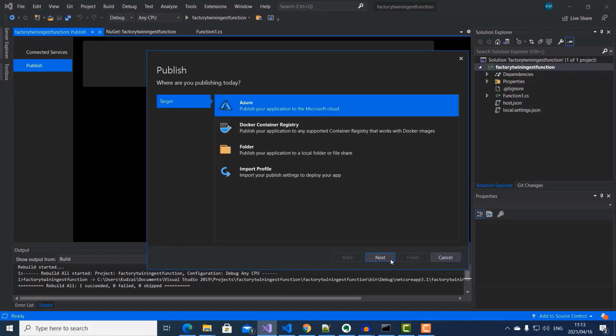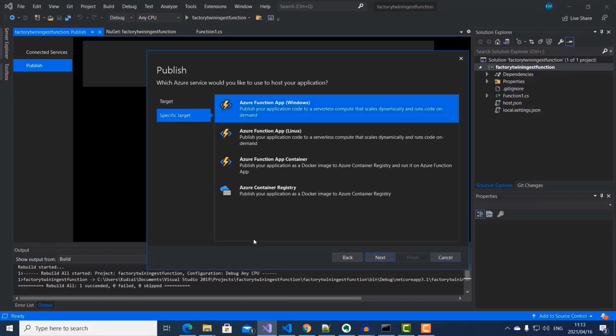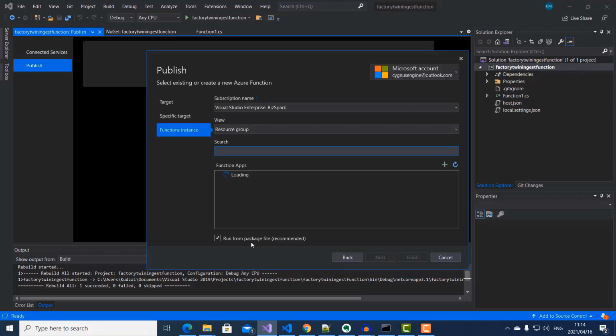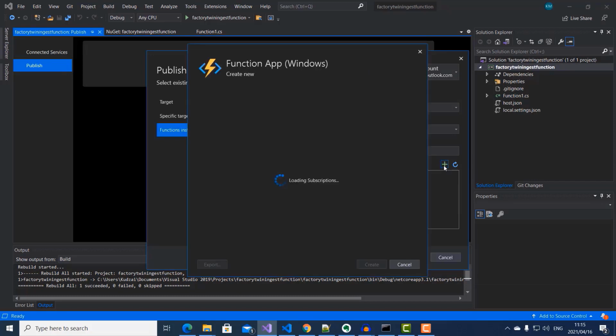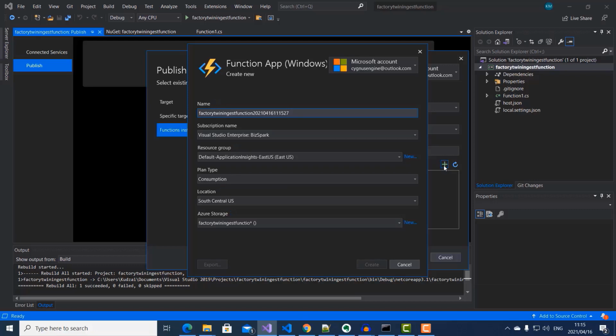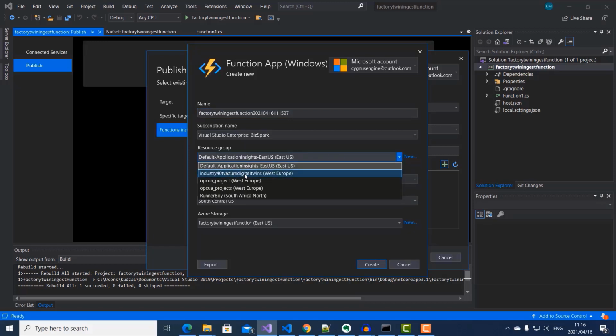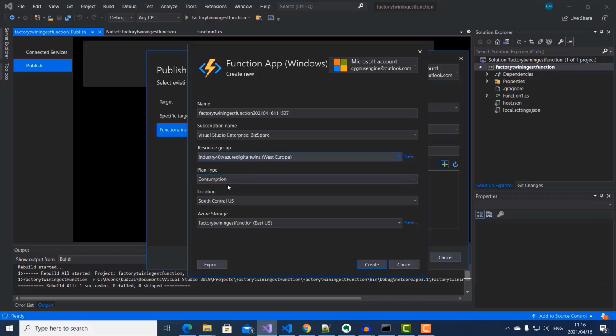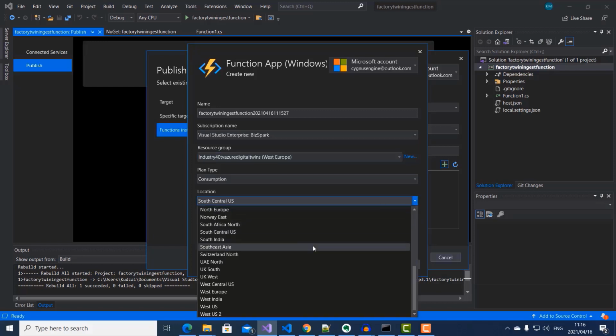I'll select publish to Microsoft Cloud, click next, and then here I'll leave Windows as default, click next. So my subscription name here is already selected. So I'll go ahead and click on the plus sign to create a new function. So I'll leave this name here as default. Make sure my correct subscription is selected. And then I'll select my resource group, which is Industry 40 TV Azure Digital Twins. And then I'll leave my plan type as consumption. Then I'll select a location,